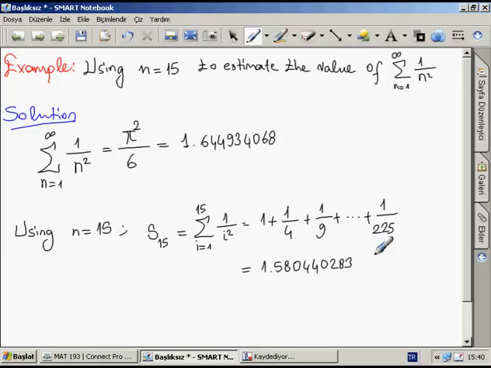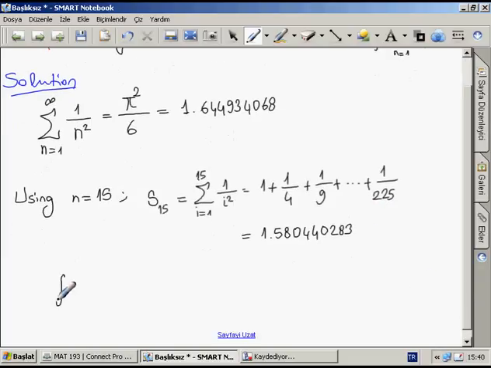And this is close to the actual value, as you see. And in some sense, but there isn't really all that close either. Now let's compute the integrals. These are fairly simple integrals, so we will leave it to you to verify the values. And so the integral from 15 to infinity of 1 over x squared dx